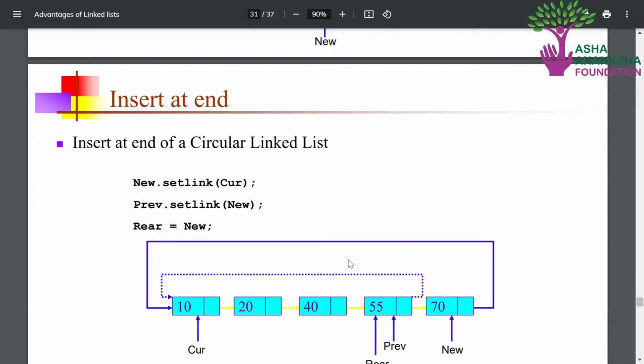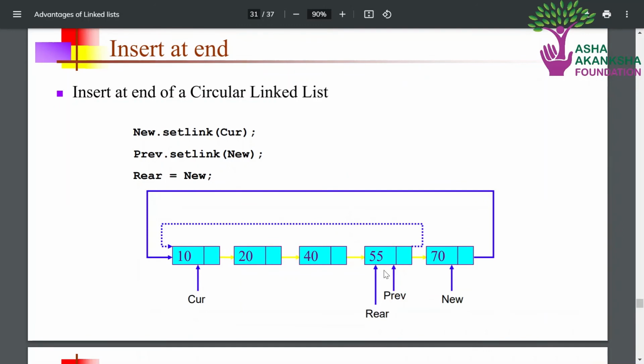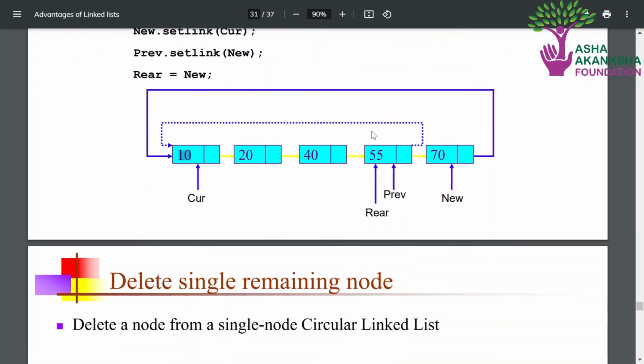Now we'll see how to insert a node at the end of a circular linked list. To insert the node at the end, we just store the head pointer of the linked list, which we can get as the next node of the rear pointer. So we'll store this as the current node, which is 10 over here, and we set the next link of the rear pointer to the newly created node, that is 17. Then we set the next link of the newly created node to the stored current pointer, which is the head of the linked list. That is how we complete this loop and insert the node at the end of a circular linked list.